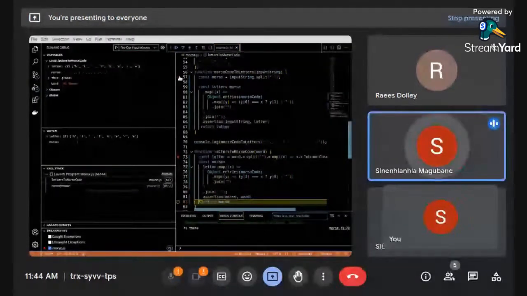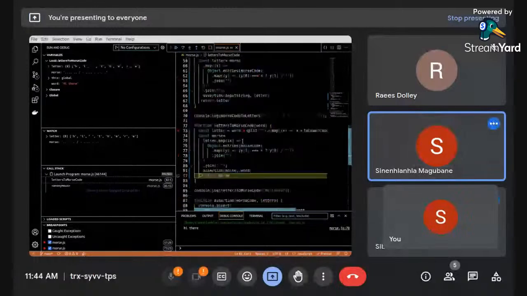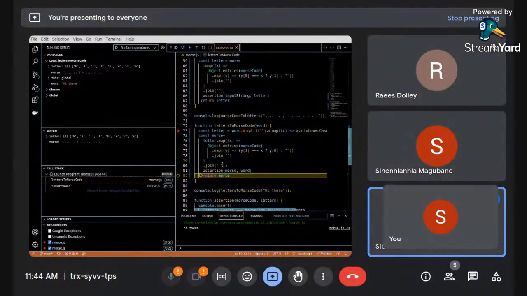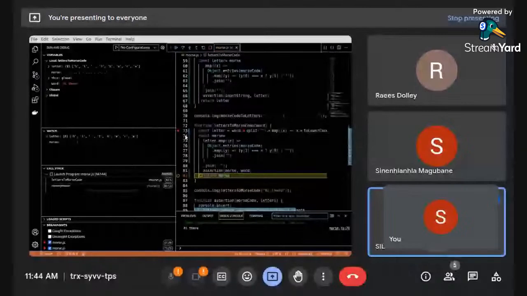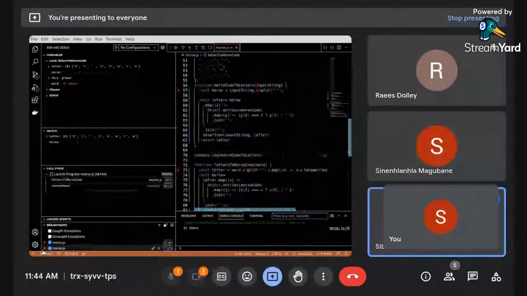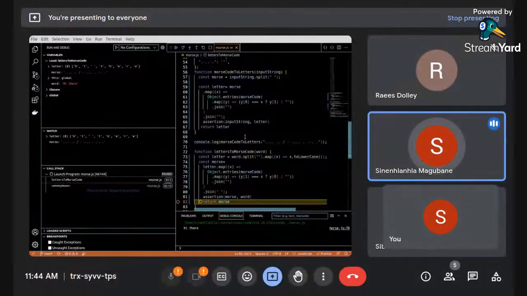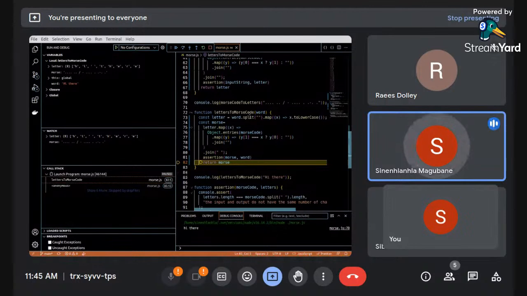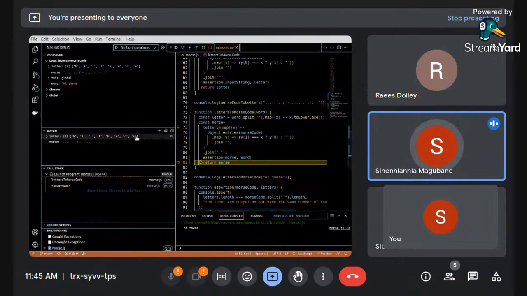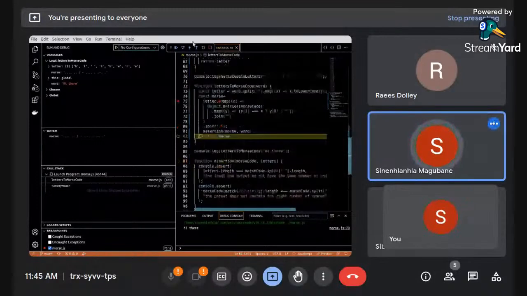If you watch it from here. On Morse to letters, you can watch letters, and then on letters to Morse, you can watch Morse, because it's the resulting variable. So you were saying on letters to, oh yeah, this is the result. Let's watch Morse. Remove the letters and have Morse. But you have to restart first because